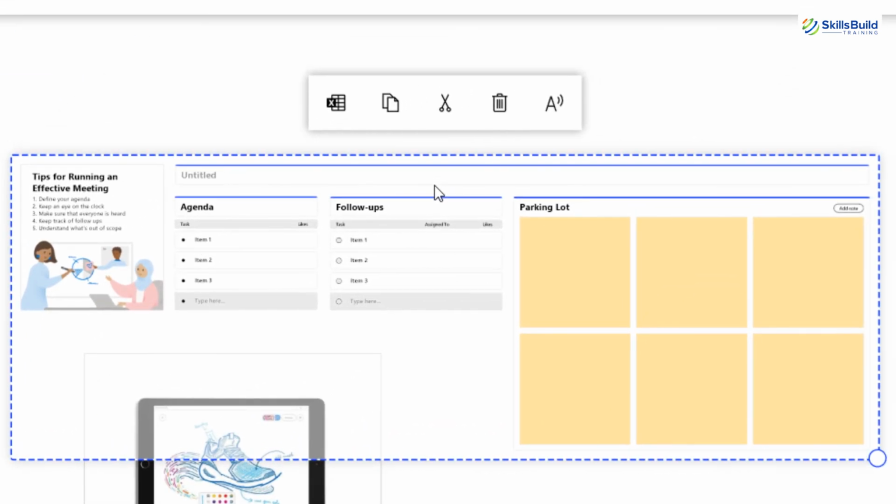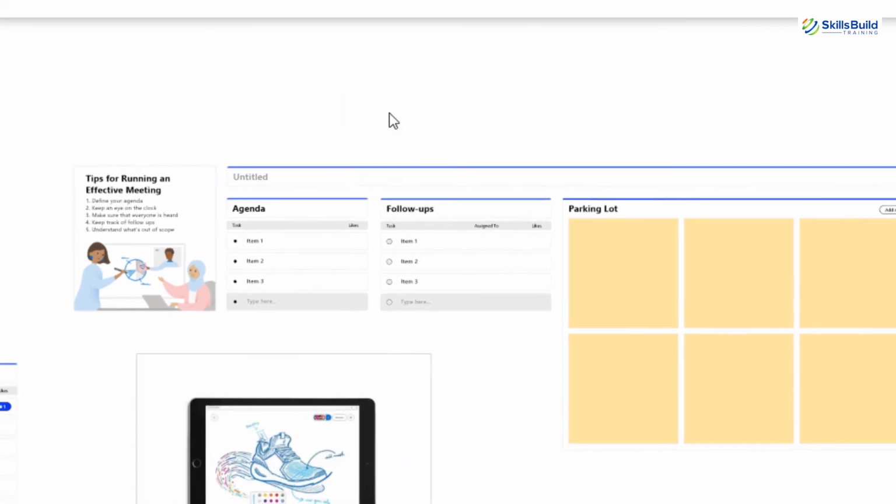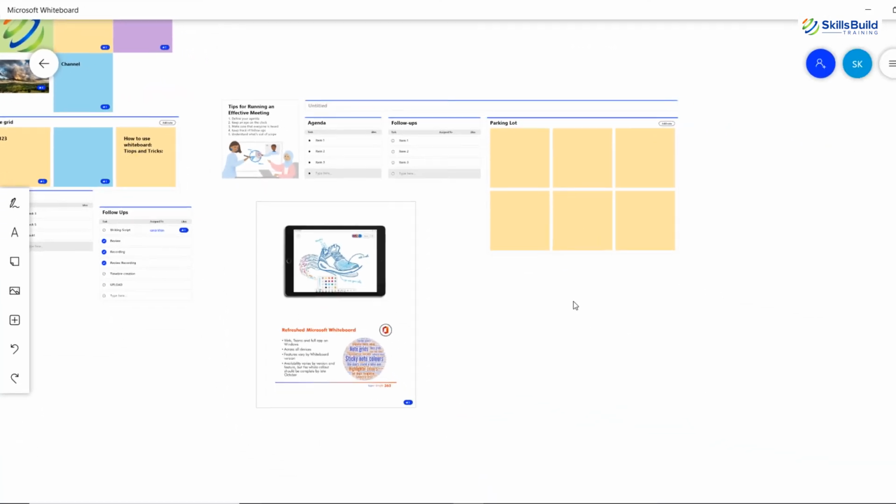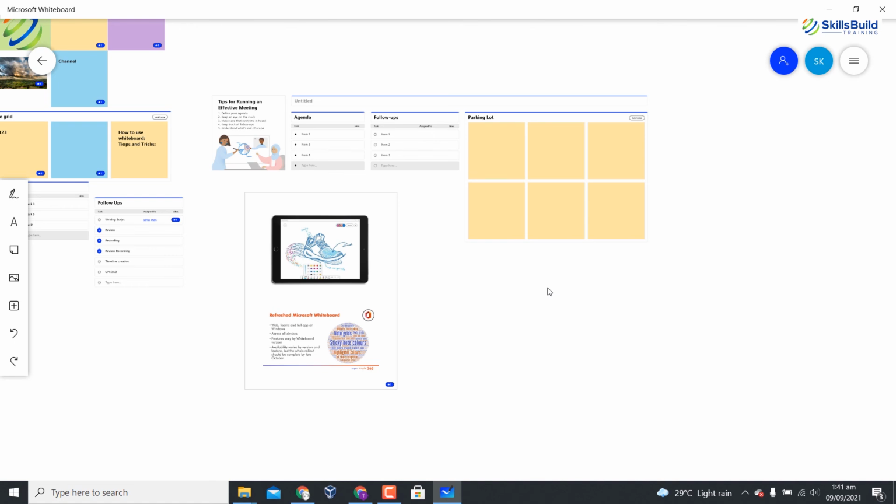Now this section has a bit different features, that is, you can actually export it as a CSV. Now if you want to export it as a CSV, once you have worked on it, click on it, and here you need to give a name to this file. Let's suppose I give it as agenda file, and then you can save it. Now you will be able to get it on your desktop.